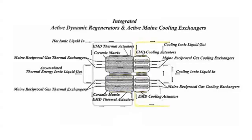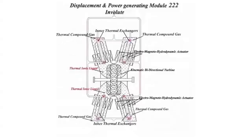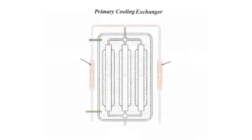cooling ionic liquid out, main reciprocal gas cooling exchangers, cooling ionic liquid in, main reciprocal gas cooling exchangers, displacement power generating module 222 involutes, inner thermal exchangers, thermal compound gas, electromagneto hydrodynamic actuator, thermal ionic liquid, kinematic bidirectional turbine, thermal ionic liquid, electromagneto hydrodynamic actuator, inner thermal exchangers, primary cooling exchanger, cooling linear induction pumps,